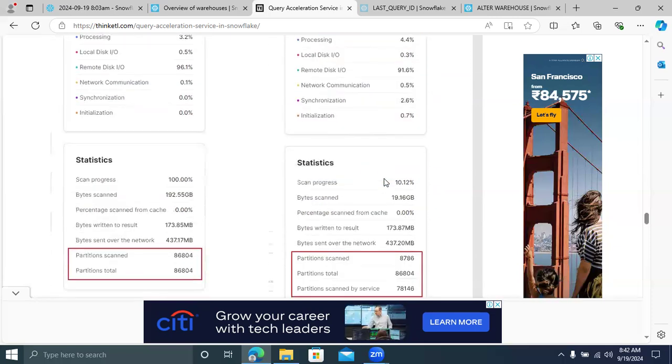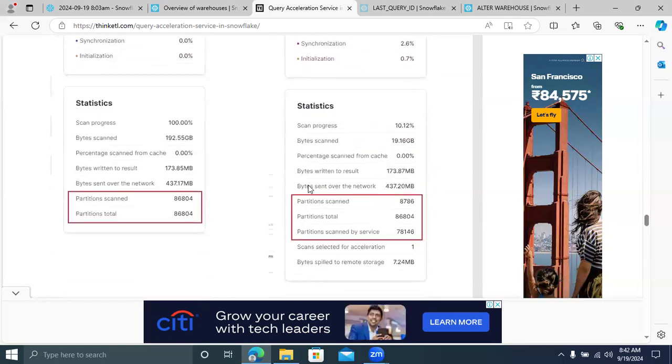Got it? And then if you see without QS, how many partitions were scanned? 86,804 partitions scanned. The partition total is 86,804.